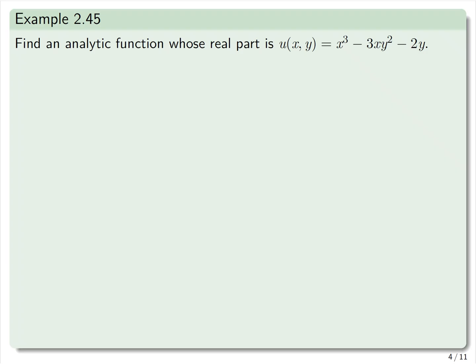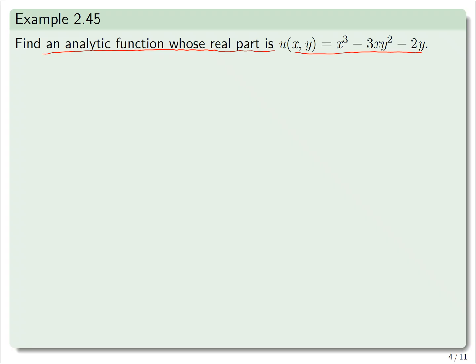So let's look at one of the very interesting problems. What it says is: find an analytic function whose real part is given by this function. So only the real part is given. The question is, can you find an analytic function whose real part is equal to x cubed minus 3xy